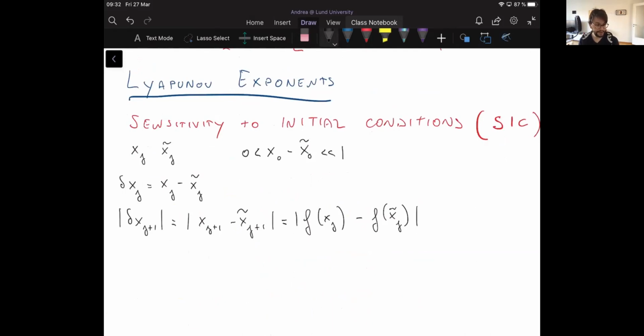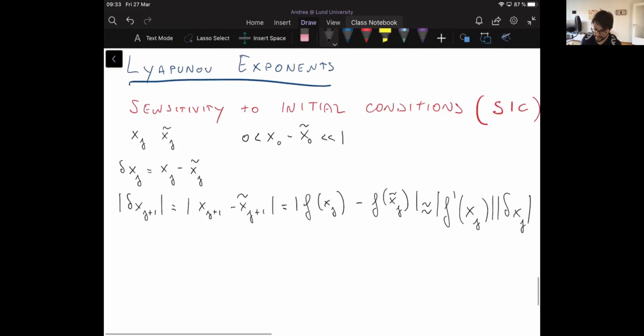Okay, so if I consider this behavior, again, I can use the same approximation that I used before. So this is, at first approximation, equal to f prime of one of the xj's, either xj or xj plus 1, times delta xj. Okay? So, therefore, like we've seen before, in the same way,